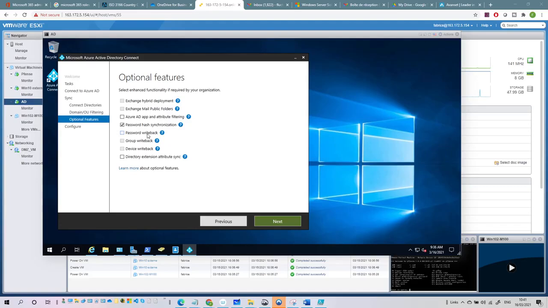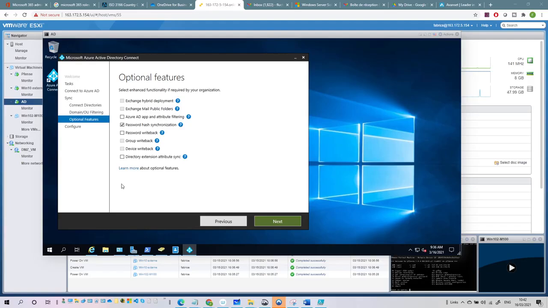After we have the group writeback. If you have a Microsoft 365 deployment and you're using Microsoft 365 groups, then with this option, you can sync Microsoft 365 groups to your AD. Wow. The Microsoft 365 group synced in this way is represented as a distribution group in the on-premise AD. You must have at least an on-premise Exchange Server installed, and it must be Exchange minimum 2013